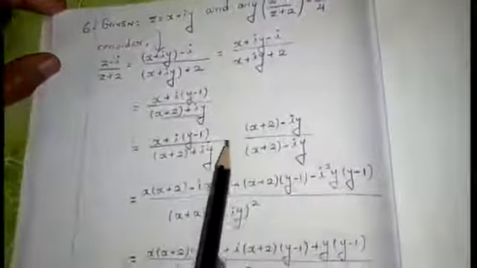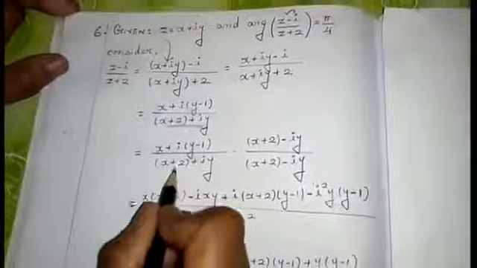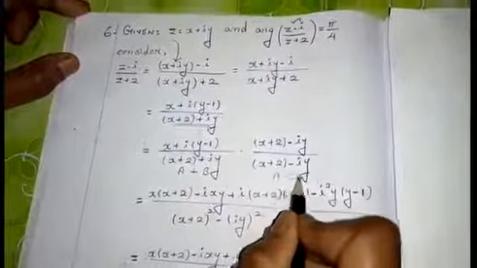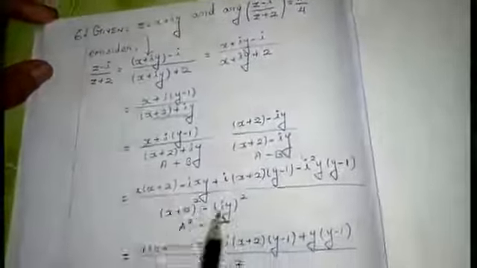After simplifying the terms, you will have it in this form, that is a plus b into a minus b, which can be written as a square minus b square. Simplify the terms. Finally, I will get a value like this. Again, this value can be rewritten. I will tell you how to write it.